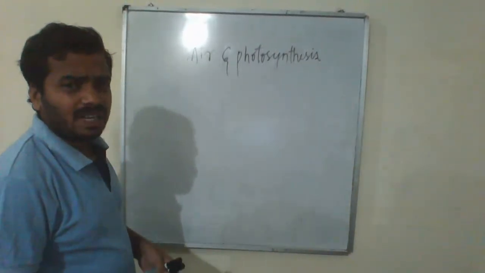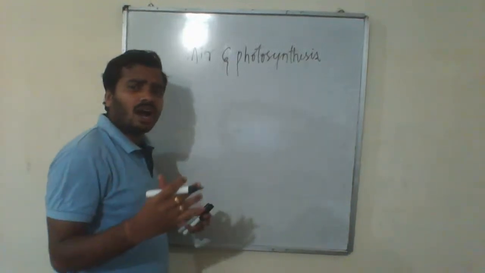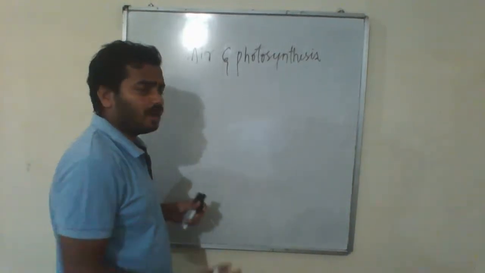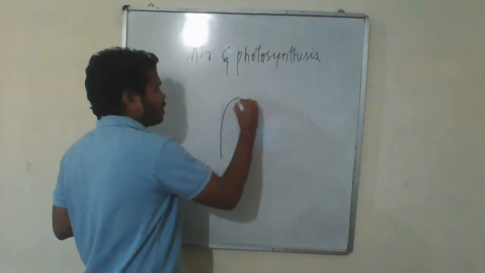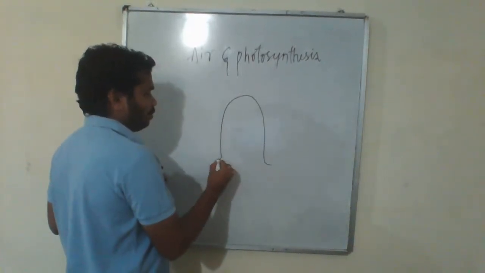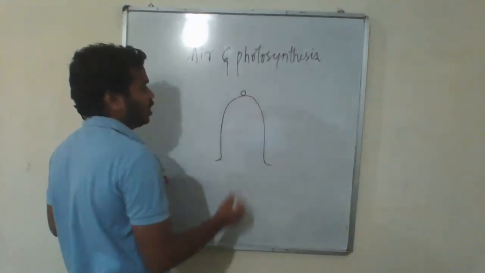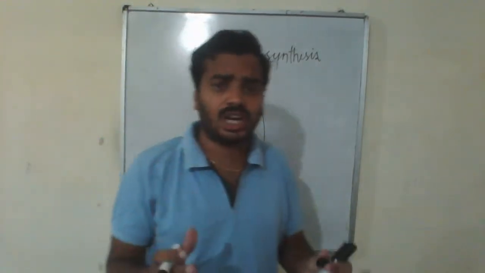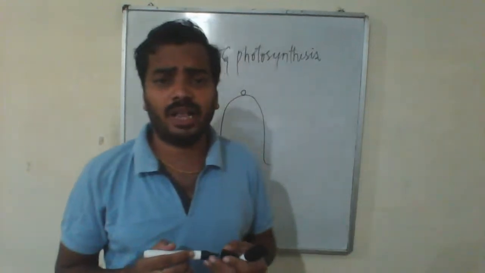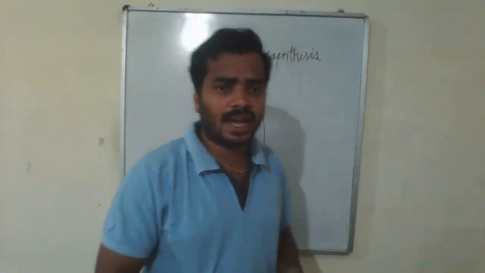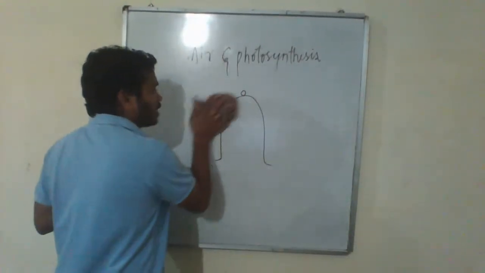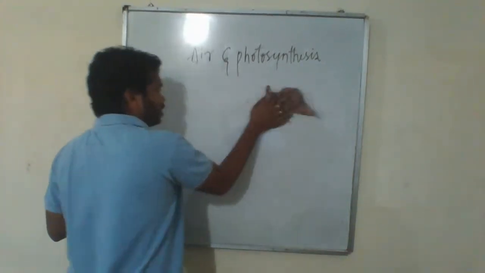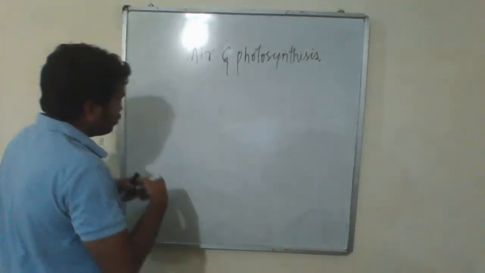A bell jar is nothing but a jar which is in the shape of a bell. You know, a bell shape would be like this, right? So, he used exactly a jar in the shape of a bell. That is why it is called a bell jar. So, what exactly did he do using this bell jar?